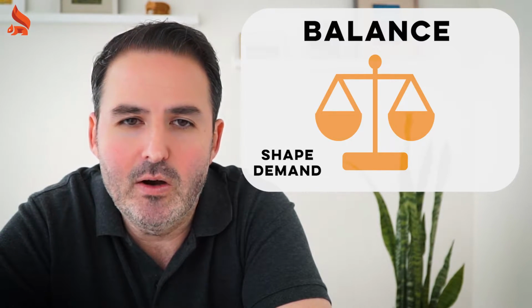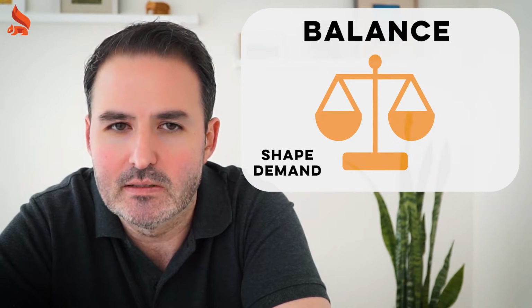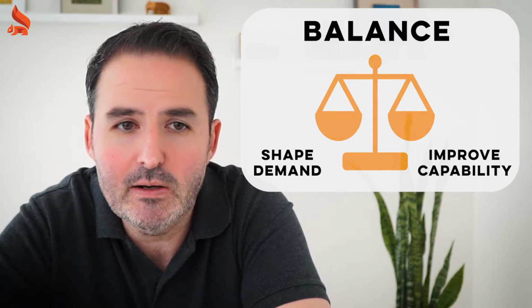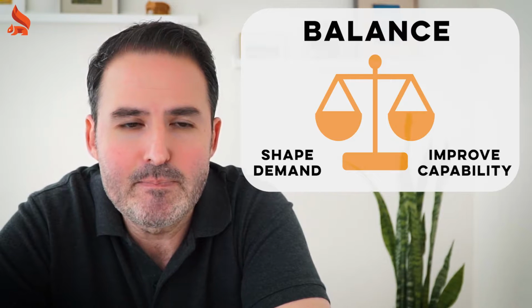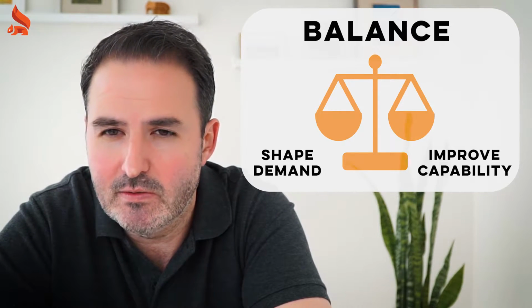So the trick around improving our execution is about regaining that balance. And we can use Kanban to get you back into equilibrium, getting your demand and your capabilities rebalanced. And so how do we do that? We essentially work on the problem from both sides. On the demand side, there are all sorts of tools and techniques that provide for demand shaping. And on the capability side, there are all sorts of tools and techniques on improving your capability. Now, Kanban approaches this in 3 flavors, and this is the focus of today's video, which is the 3 Kanban agendas.